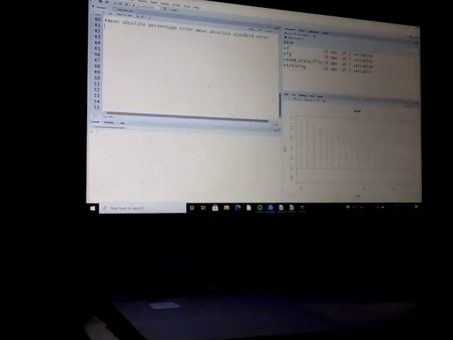Okay friends, hello. So today we are going to learn how to do analysis of time series on R. Time series is the collection of data according to chronological order. The simplest example I can give is the collection of temperature data which is collected over a month in Mumbai or any other city.